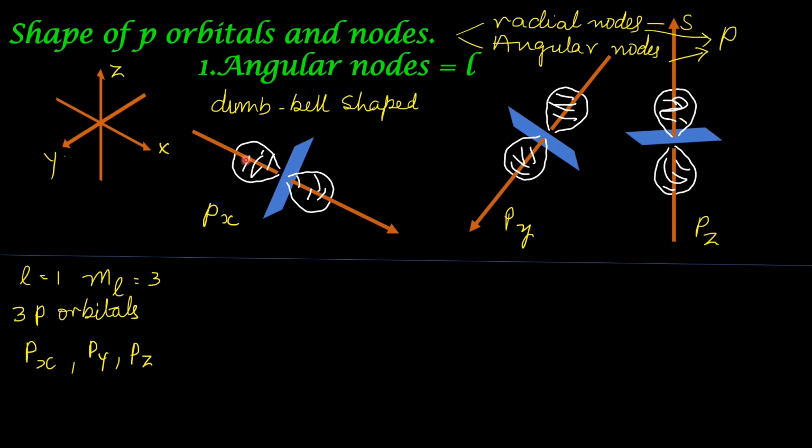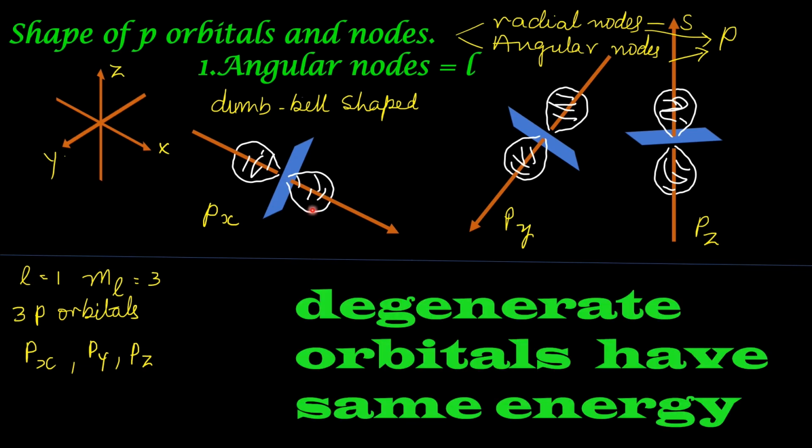The probability of finding the 2 electrons in these two lobes is equal. The energy value of these three orbitals is the same. Therefore, these px, py and pz orbitals are also called degenerate orbitals. That means electrons in the px may move to py or pz and vice versa.